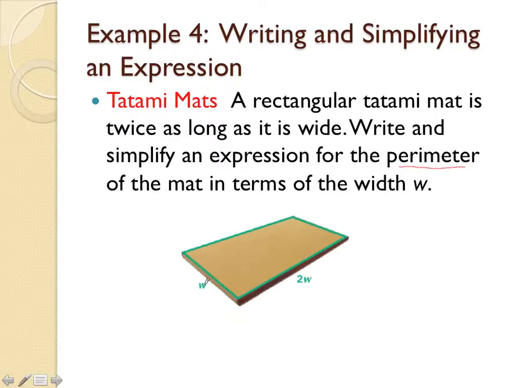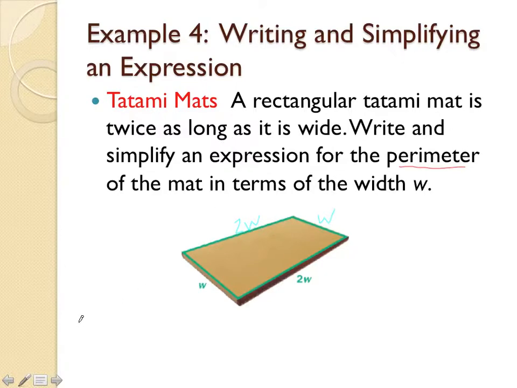Hopefully you know that in a rectangle, opposite sides have the same length. So if this side is W, then this side is W. And if this is 2W, then this side is 2W as well. So to write an expression for the perimeter,